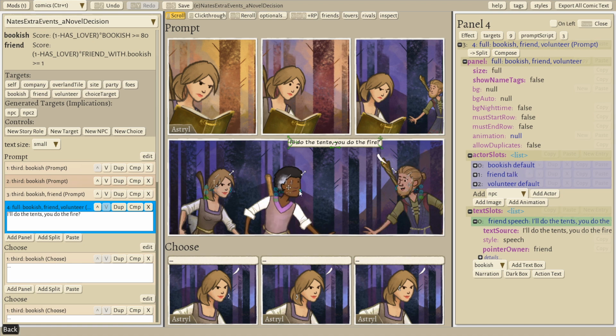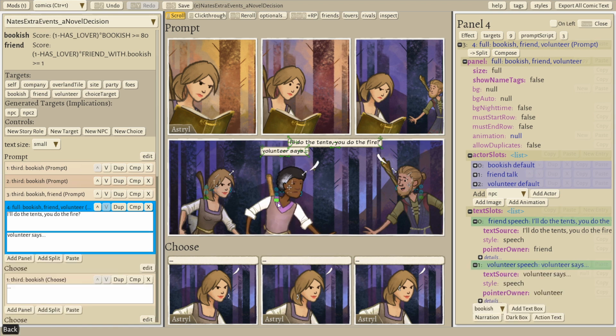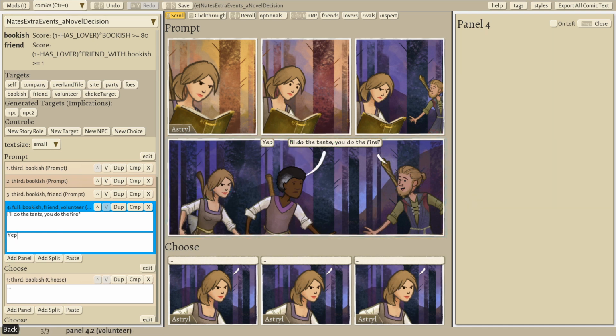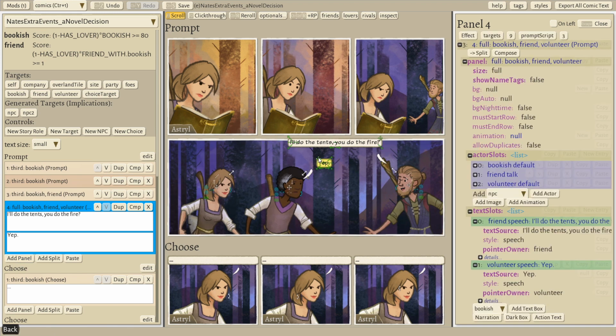And then Volunteer. We'll say, yep. If we wanted to, we could put some more personality variation here, but I don't know if it's that important. Kind of pull these pointers around. Messing with text pointers is, well, you can spend as much time on it as you want to, but I'm going to try to go